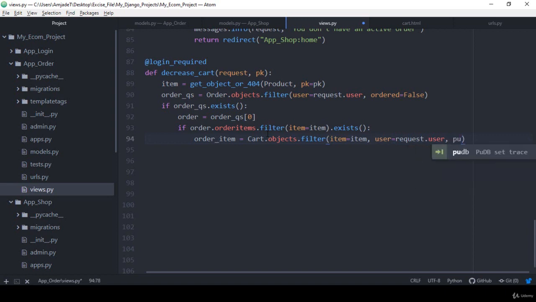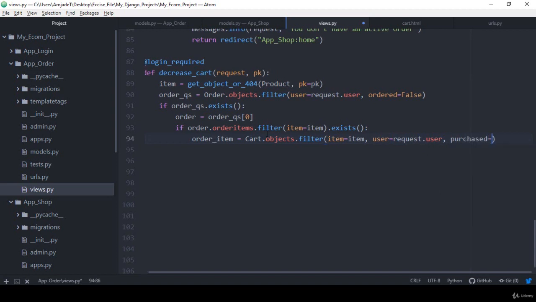right? And also the purchase, because in our cart it should be checked whether it's actually purchased, and that means the purchase should be false. So I just simply define it as false, and also here I want to pass our order object data. So I just simply pass it here. Okay, and then we have to put that condition on our quantity field. So I just simply define if our order underscore item, with this order item there is our quantity field. Okay, when that quantity field is greater than 1,